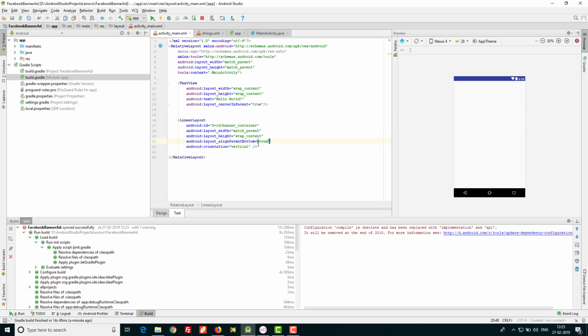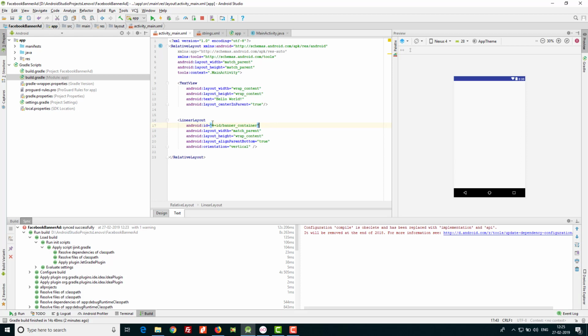Don't remove this line. You can make it bottom or top, it is your wish, but the banner ad must be at the bottom or top of the activity. I am sticking with the bottom now.